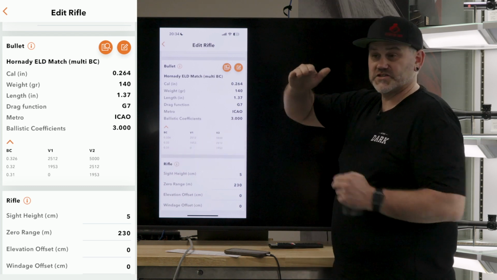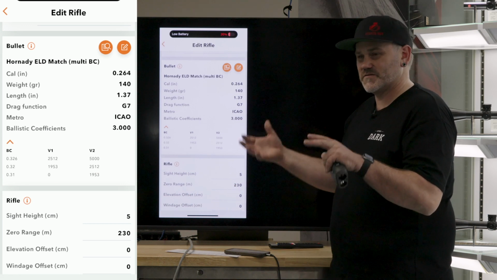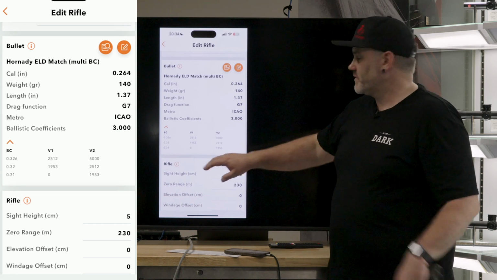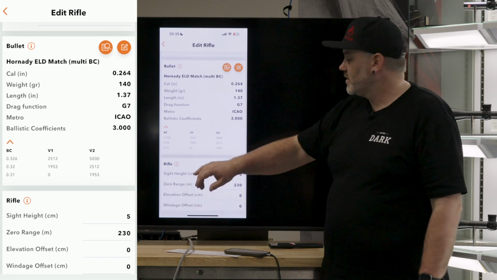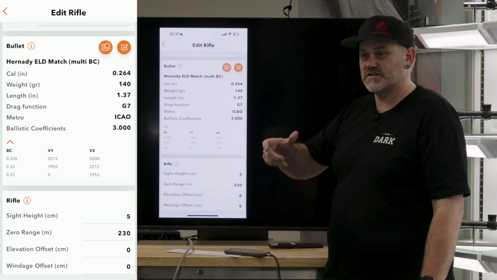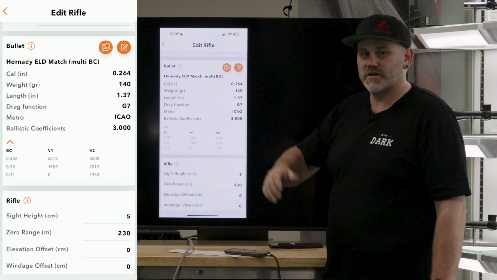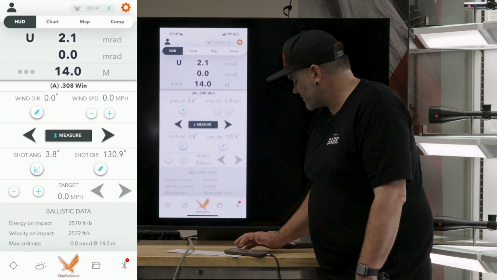So now if we were to look at that chart and compare side by side, which is useful when you can export those CSVs if that's what you're into, we would see that this is going to be a more accurate representation of what that bullet's doing, because as it drops in velocity, it's not maximising its efficiency as well, and therefore dropping a little bit more. So if we were shooting at those 1,000-metre distances,